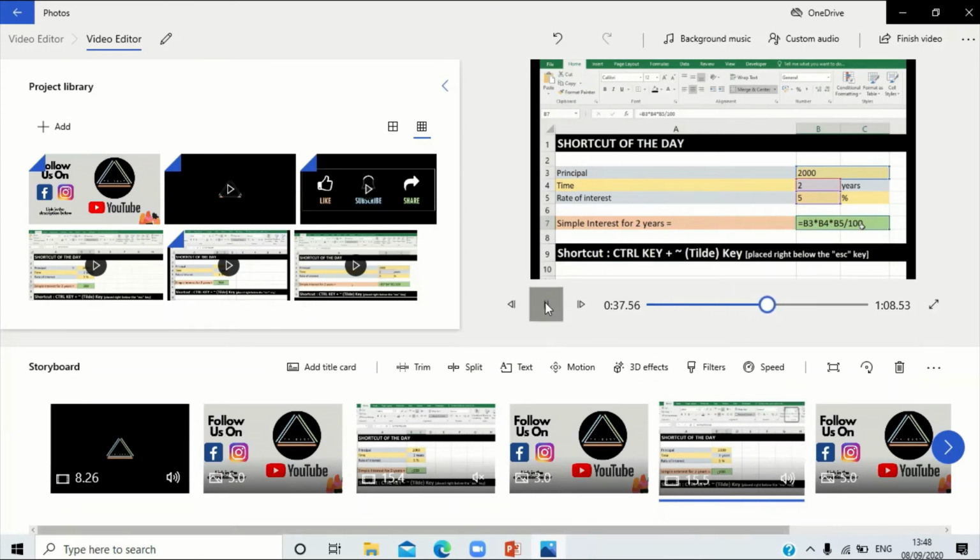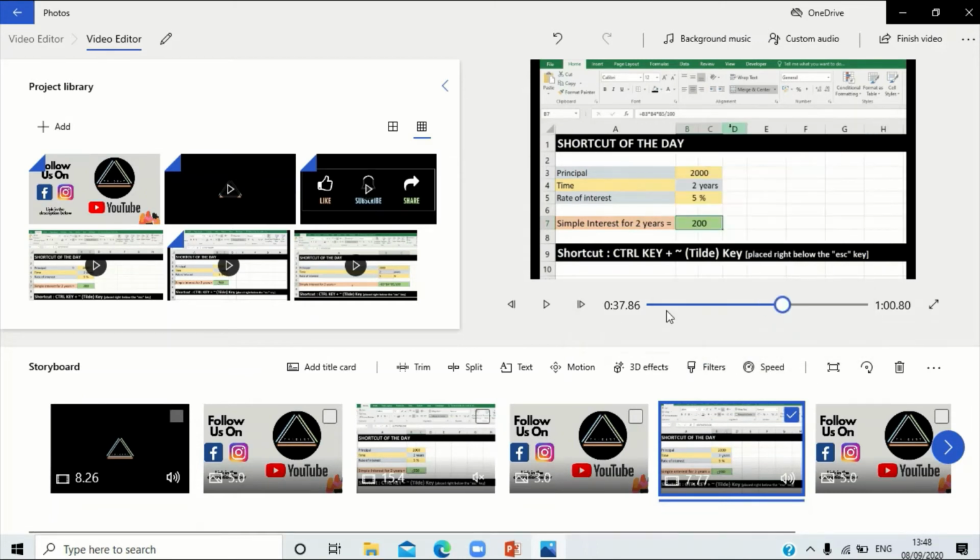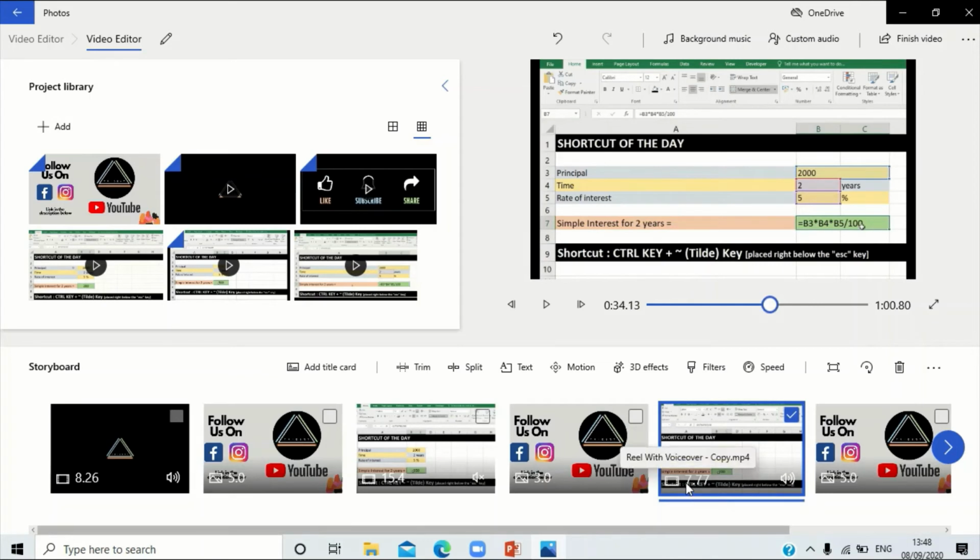Also, the last option here is that, I am talking in the clip over here, the 15.5-second clip that I have here. So I'll just select this clip and go to the speed option. It is on normal and I can make it 2x speed. Maybe if you need to edit it between a video and make it sound better or something. So now you can see the time has reduced to 7.77 seconds.